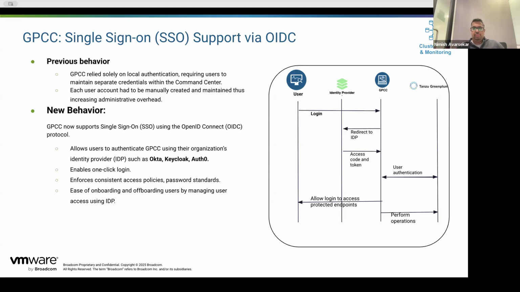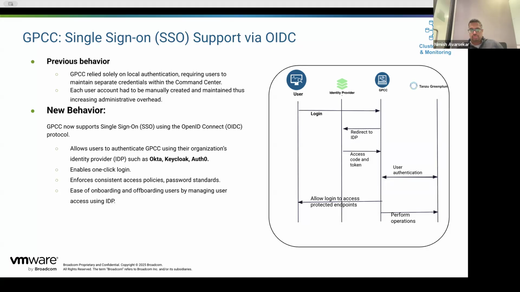Now, this feature will be coming out in the GPCC 7.6 release. And if you have an organizational requirement to get GPCC onboarded onto your IDP credentials, such as Keycloak or Okta, you can start doing that